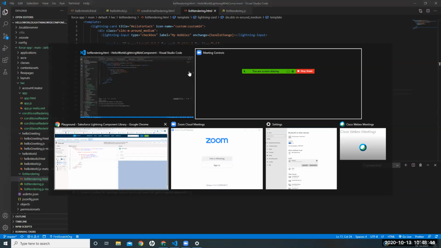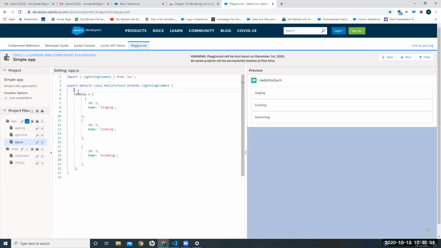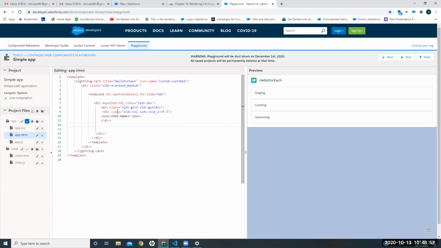Awesome. In the playground, I removed the for each and all the variables and handle event things, just the list of hobbies, and I'm printing it. Awesome. Okay, cool. So, anyone else who faced errors who wants to discuss?